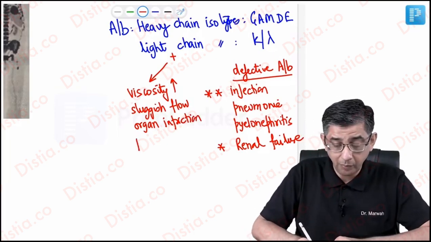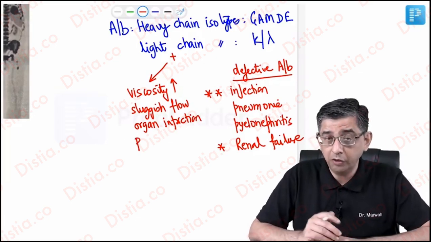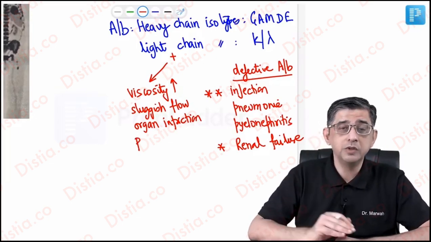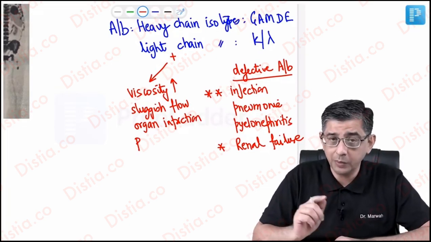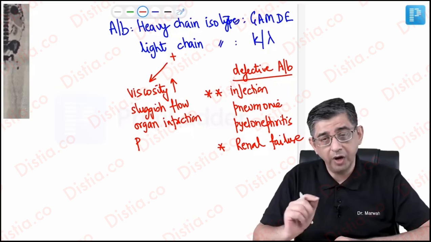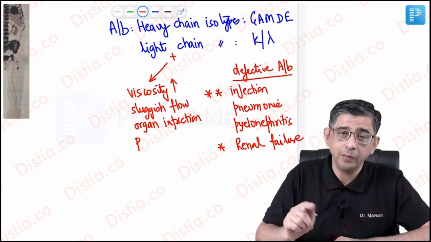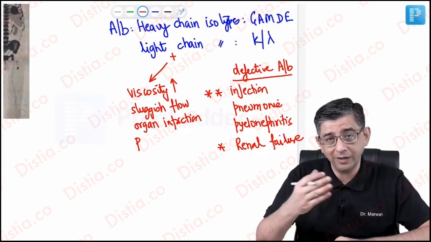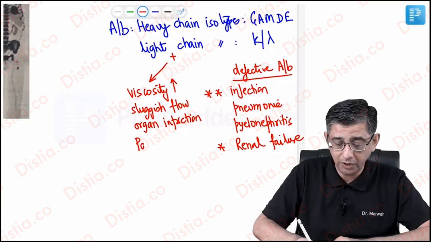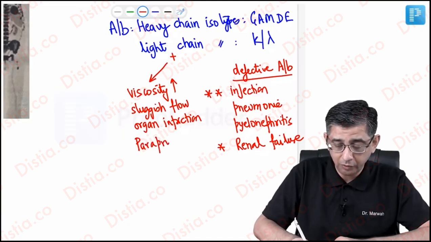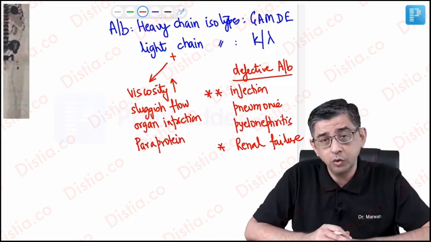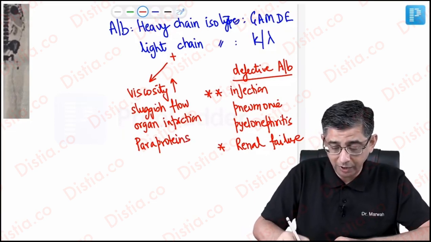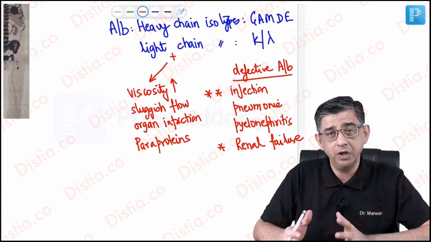These proteins are positively charged. So if you're going to check the urine protein of this person by a dipstick method, the dipstick will turn false negative. Why? Because the dipstick is designed to pick up albumin. Whereas this person is not having albumin in the urine, he's rather having positively charged proteins in the urine, and therefore the technical term that we will also use in books and in multiple choice questions would be paraproteinemia, and